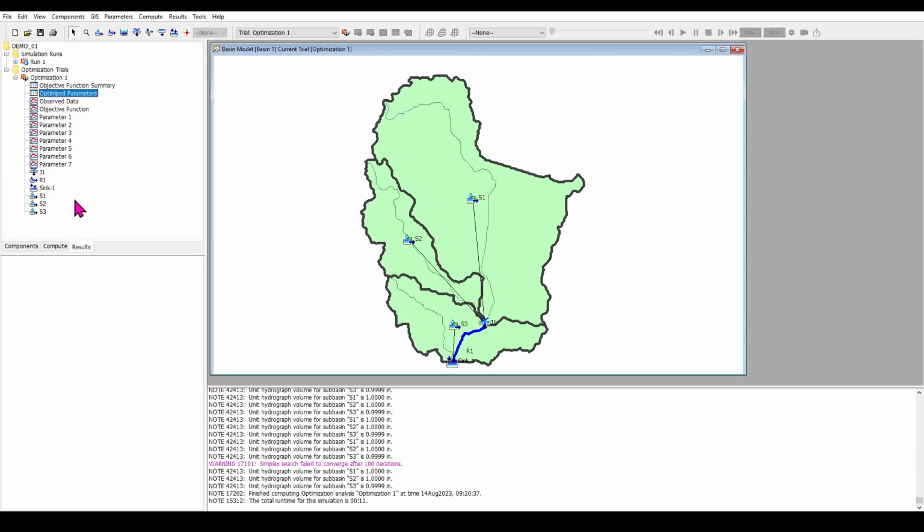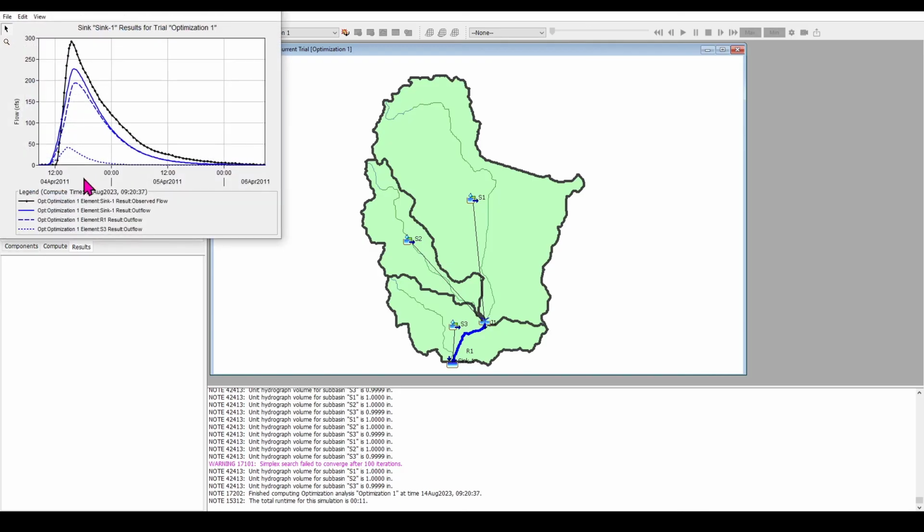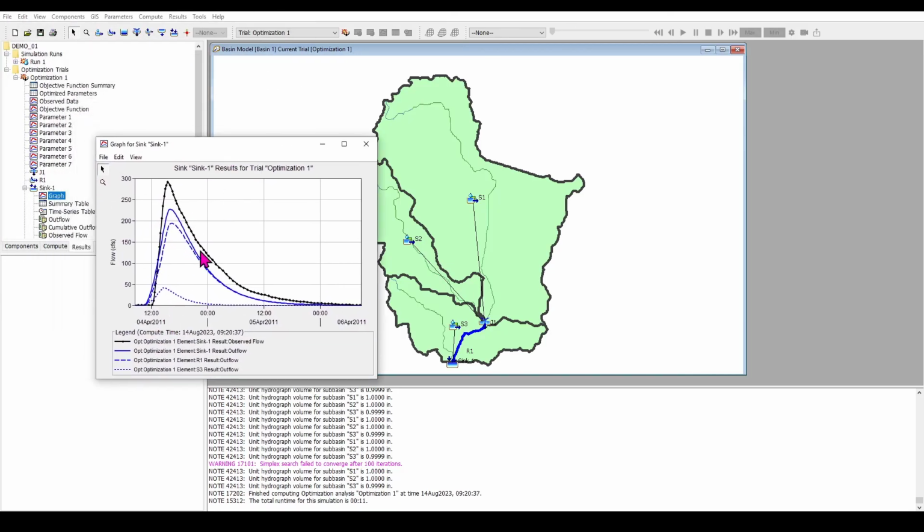And then you can click on the sync and click on the graph. Now, this is the optimized value. You can clearly see that the model right now is doing better in the descending part of the hydrograph, the falling limb of the hydrograph, but the peak is not matched anymore. Okay, so you need to decide if the peak of the hydrograph is more important for you or the general